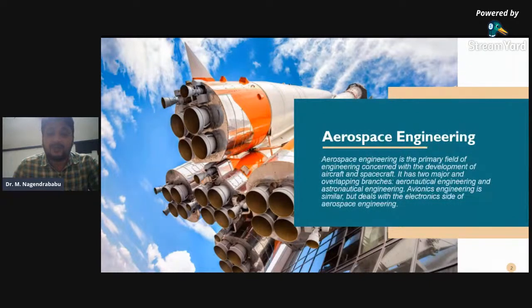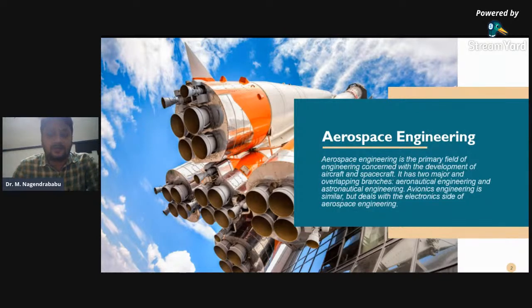Aerospace engineering is the process of designing, creating, building, and manufacturing anything that flies. Jets, helicopters, and even spaceships are all part of this field. The two main branches of aerospace engineering are aeronautical and astronautical engineering. The former deals with any craft that flies within the Earth's atmosphere, while the latter deals with anything that flies